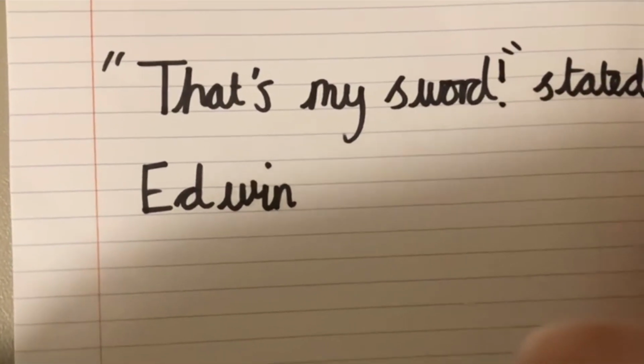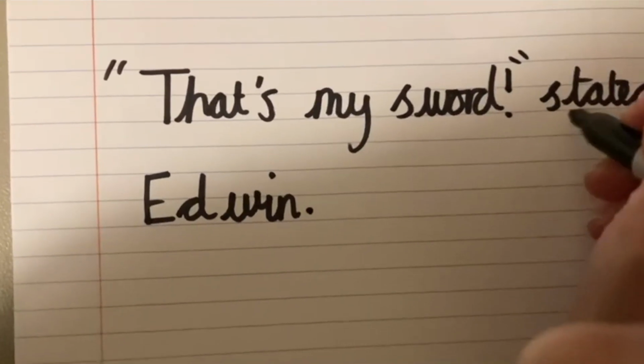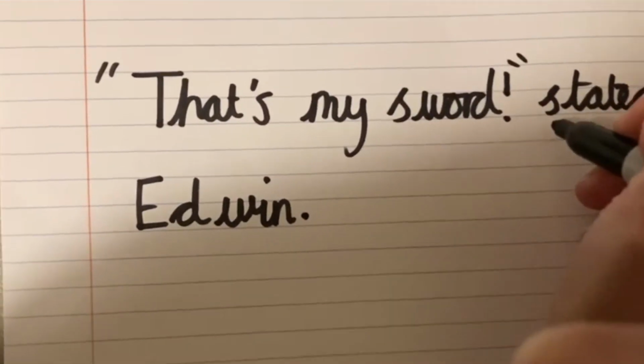"That's my sword," stated Edwin. We also need a full stop at the end of the sentence to show that it's finished. If the reporting clause doesn't start with a name, "stated Edwin", the name comes after, then we need a lowercase